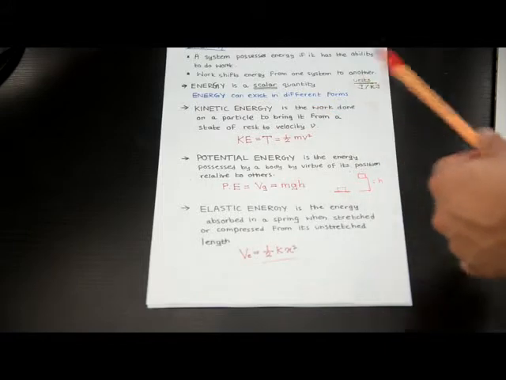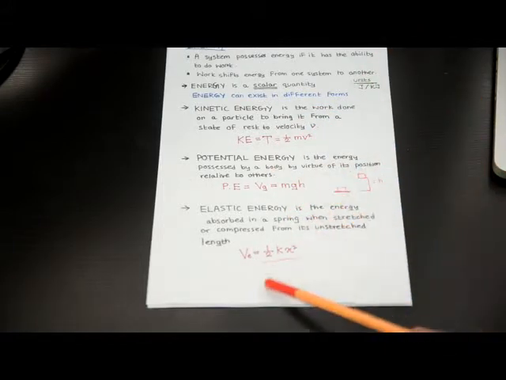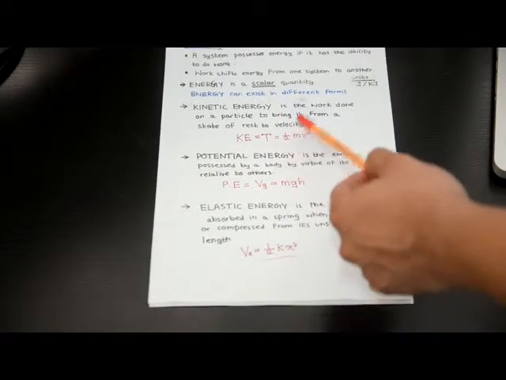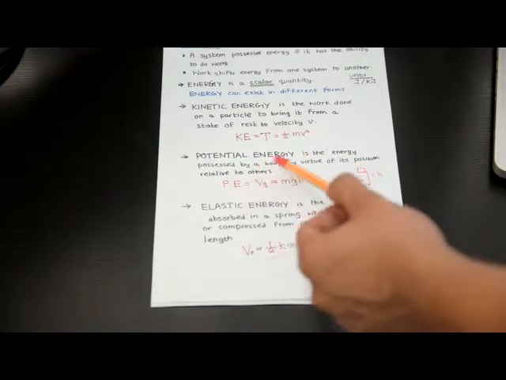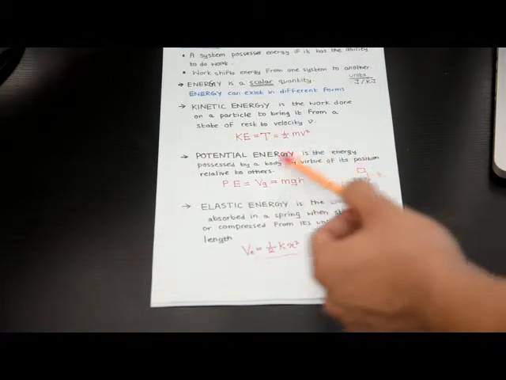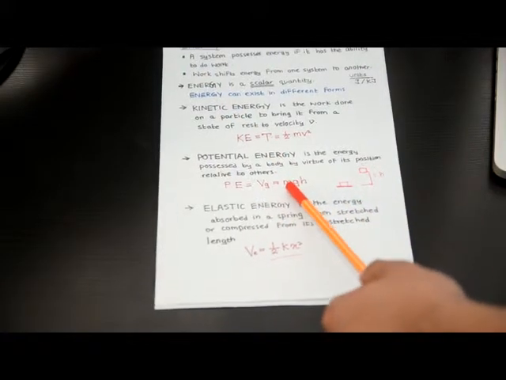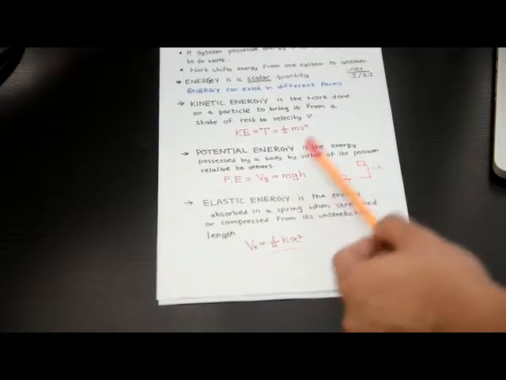Kinetic energy is the work done on a particle by bringing it from a state of rest to velocity v. The equation is half m v squared, where v is the velocity and m is the mass of the object. Potential energy is the energy possessed by a body by virtue of its position relative to others. The equation is m g h, where m is the mass, g is the gravity, and h is the distance